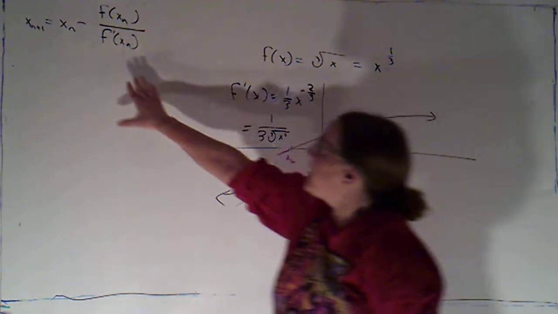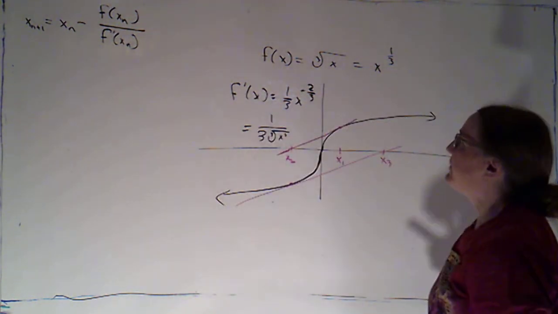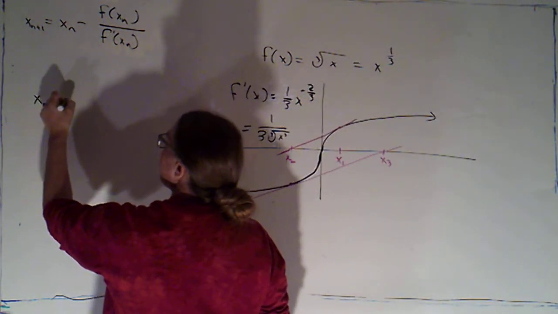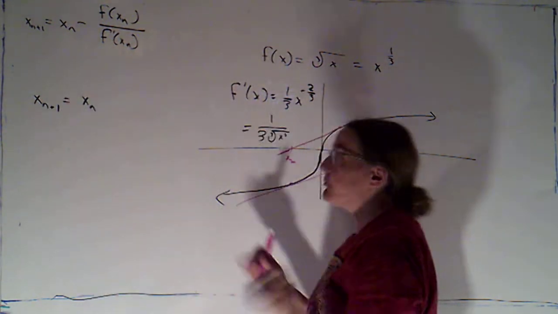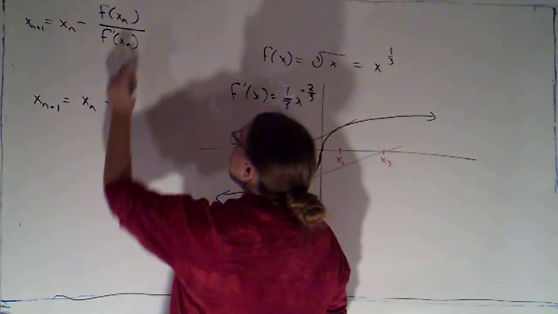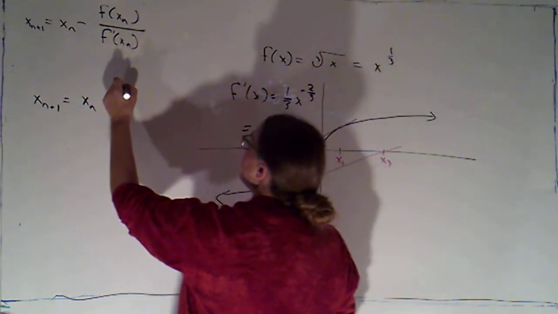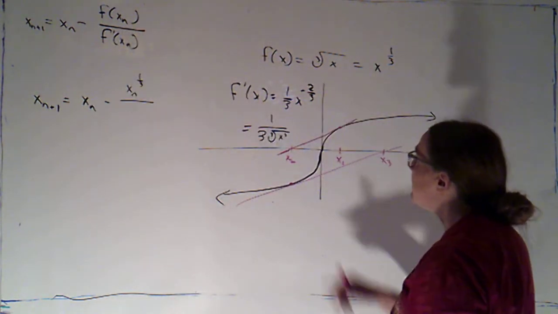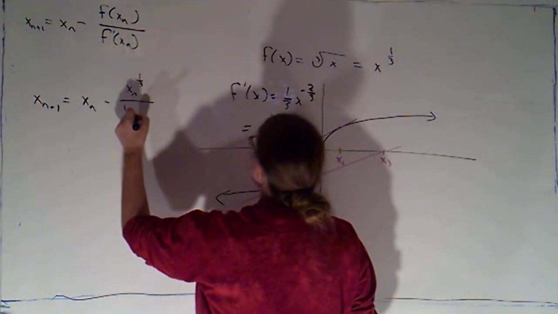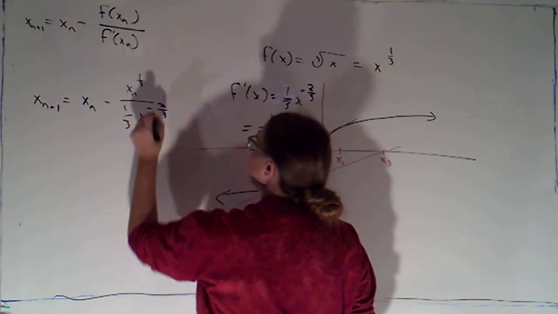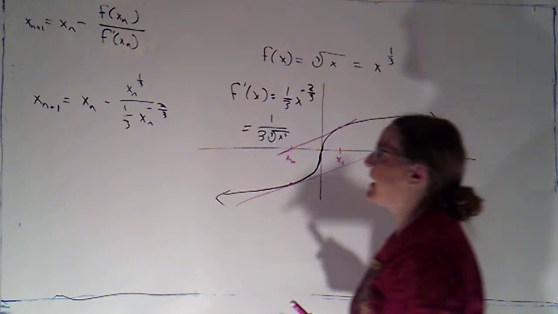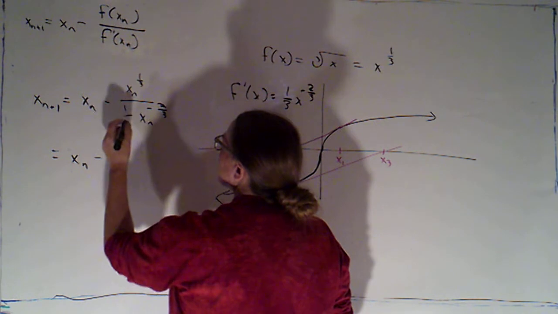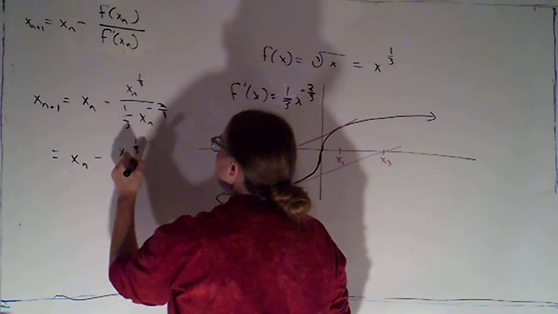Okay. If I were to use this formula on this function, notice that I would get x sub n plus 1, my next guess, would be x sub n, my previous guess, minus the function f, which was the cube root function, so that would be x sub n to the 1/3, over f prime, which we said was 1/3 x sub n to the -2/3. That's just evaluating it at x sub n. Now notice, that's x sub n minus x sub n to the 1/3